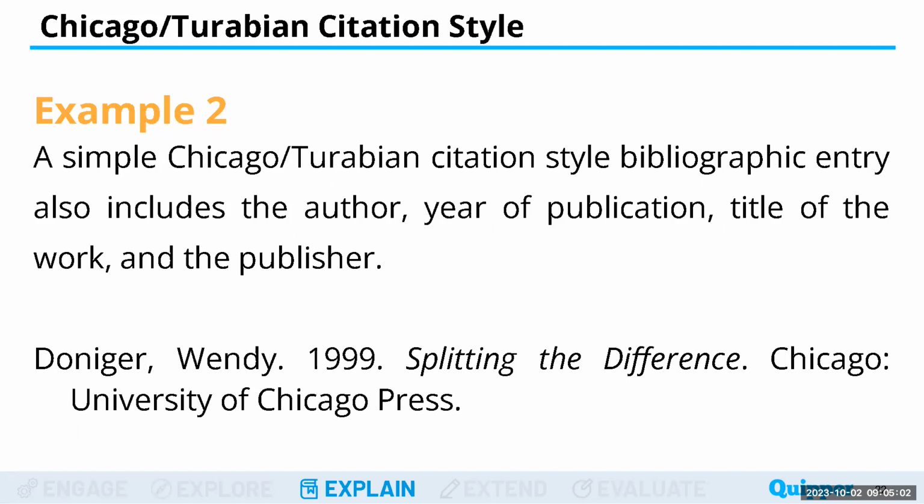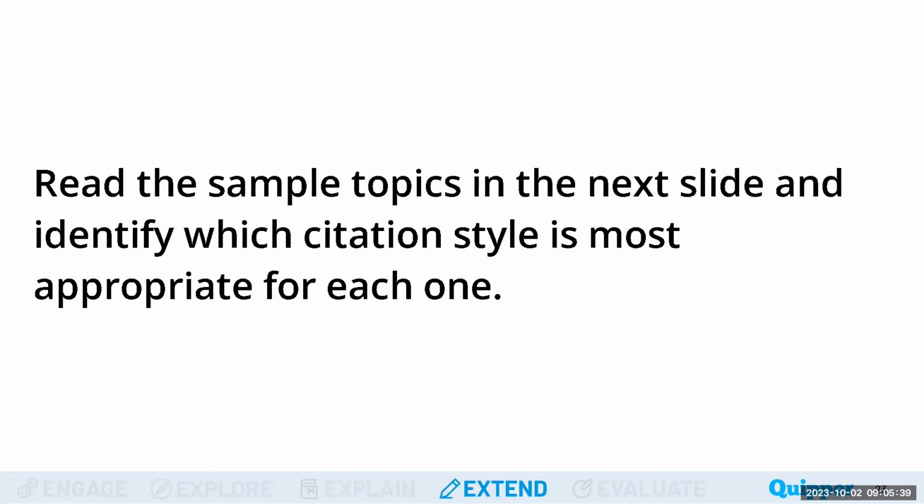Example: a simple Chicago Turabian citation style bibliographic entry also includes the author, year of publication, title of the work, and the publisher, such as Doniger, Wendy, 1999, Splitting the Difference, Chicago, University of Chicago Press. So all the elements are present. You have the author, Doniger, Wendy, year of publication, 1999, title of the work, Splitting the Difference, and the publisher, which was in Chicago, the University of Chicago Press. So all these elements are present in presenting the authors or the source material of your cited text or paraphrased